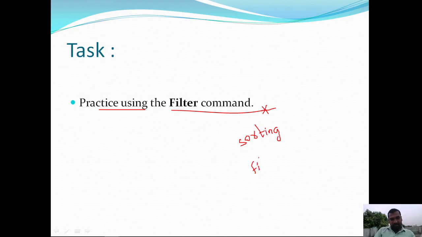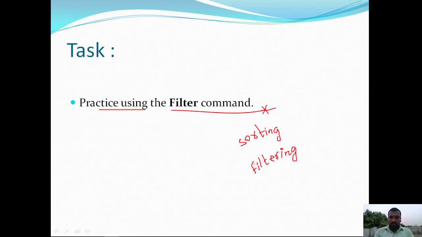Sorting and filtering we are using frequently in daily needs. We are going to apply sorting and filtering on the data in general, practically everywhere.